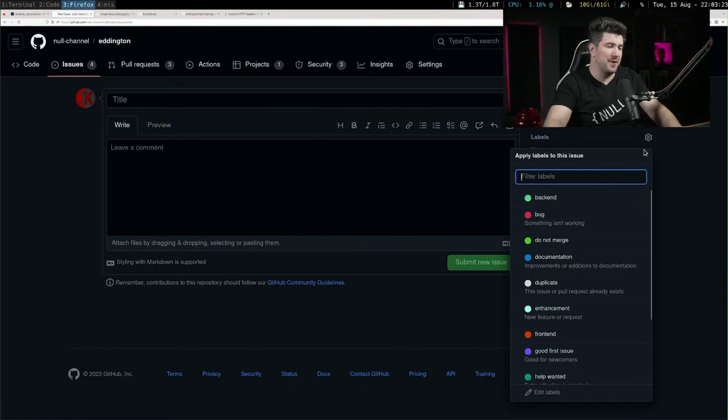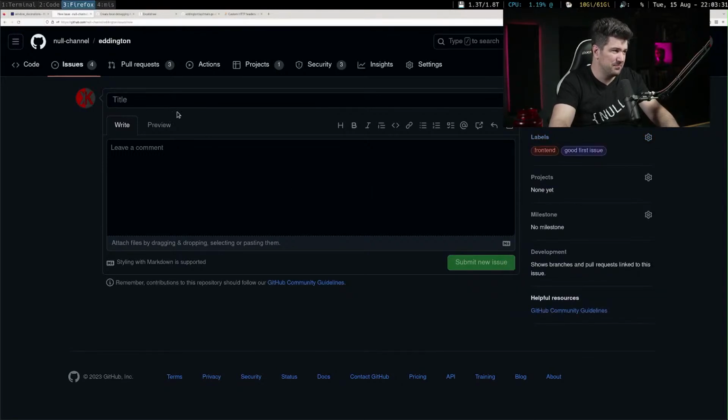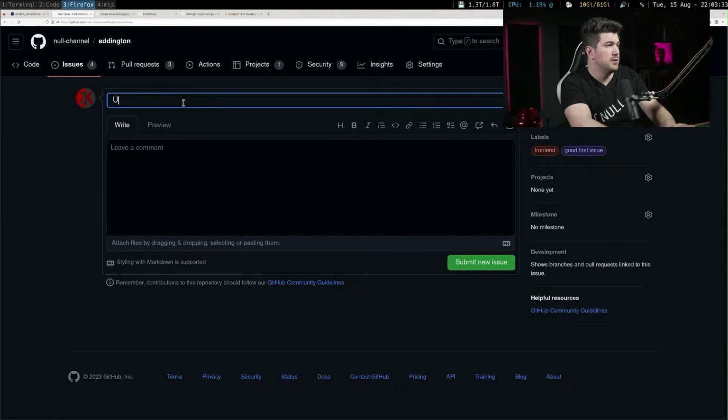I should have a front end label. I do have a front end label. I think it's a default label. I don't think I created it. Maybe a good first issue. Should I do first name and last name?